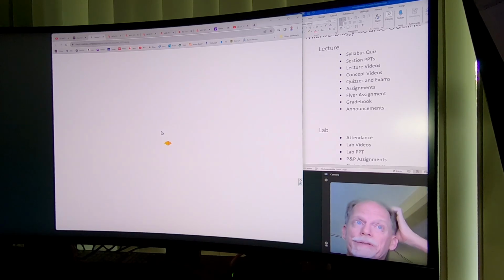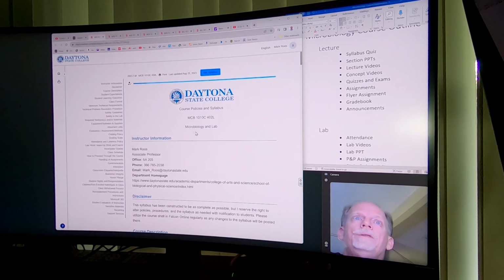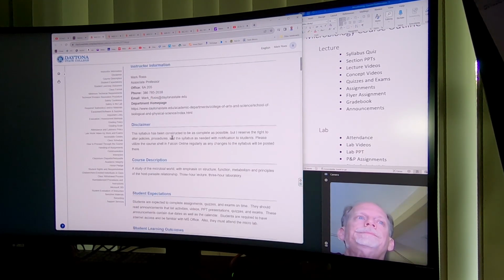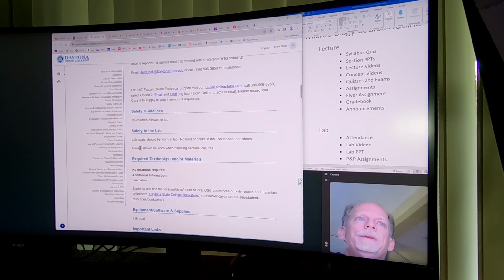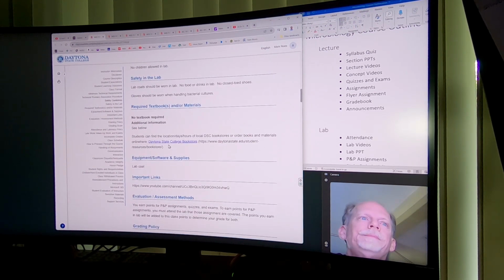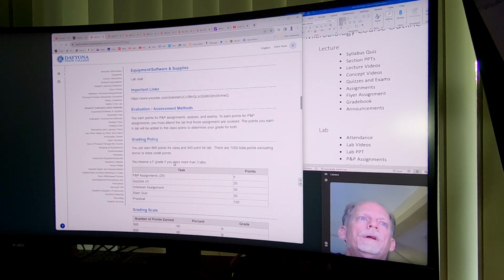There's a syllabus as well. If you click on the syllabus, it'll take you to the lab syllabus. If you look there: operate a microscope, technical requirements. You should wear gloves while handling bacteria. A lab coat should be worn in lab. No food or drinks. No open-toed shoes. You have a lab coat, and